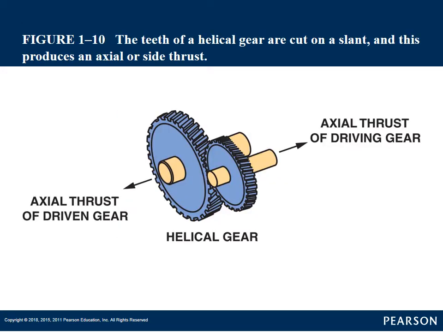Now we have a helical gear. As you can see, the teeth of the gear are not parallel like a spur gear, but they're actually at an angle. This is the most common gear used in transmissions like your manual transmissions, where we have two gears meshing together. And this can be used in automatic transmissions, like in our transfer gears, especially in transaxles, where